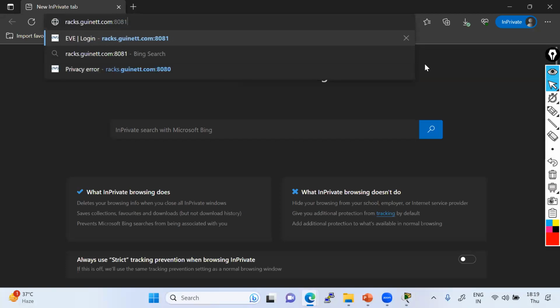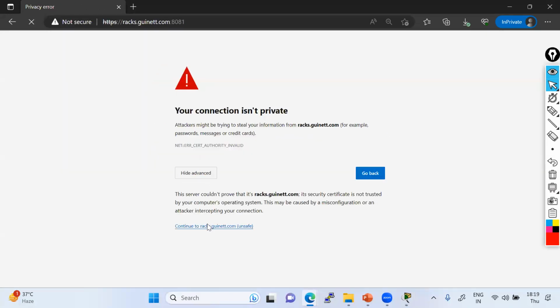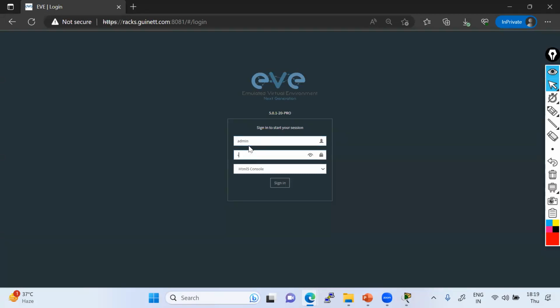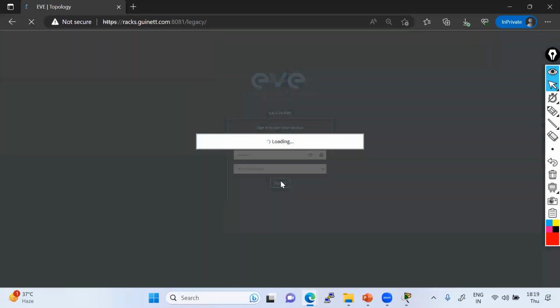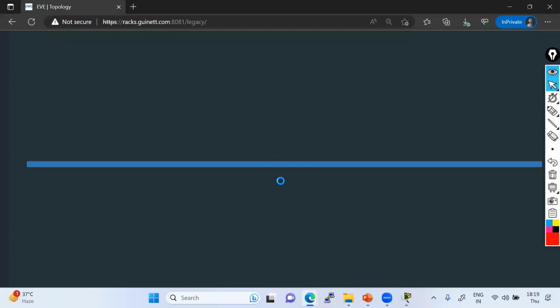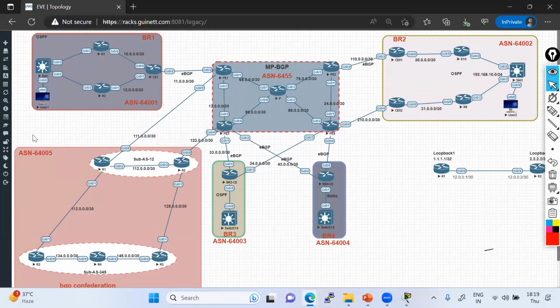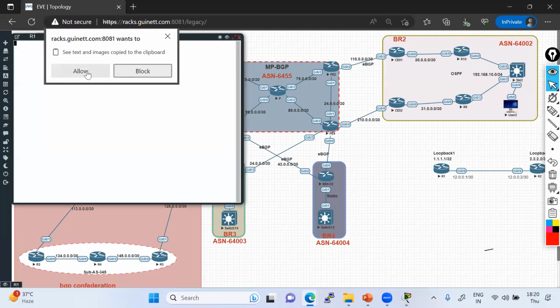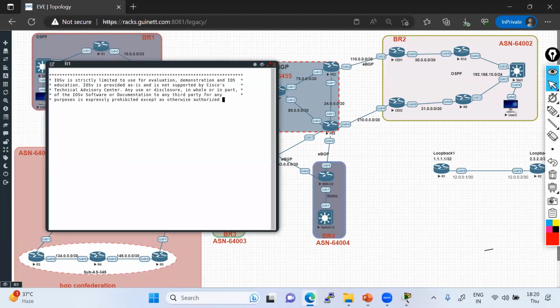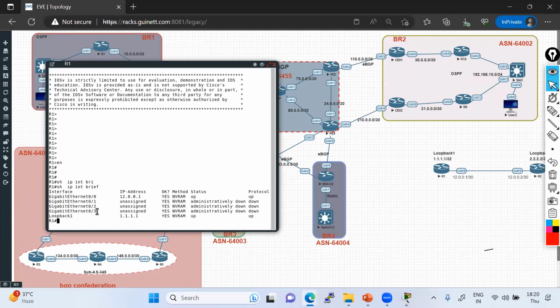Let me open some other router. Admin. So this lab is fully on. So let me just go on this router and show ip interface brief. So I can use this address, show run interface.